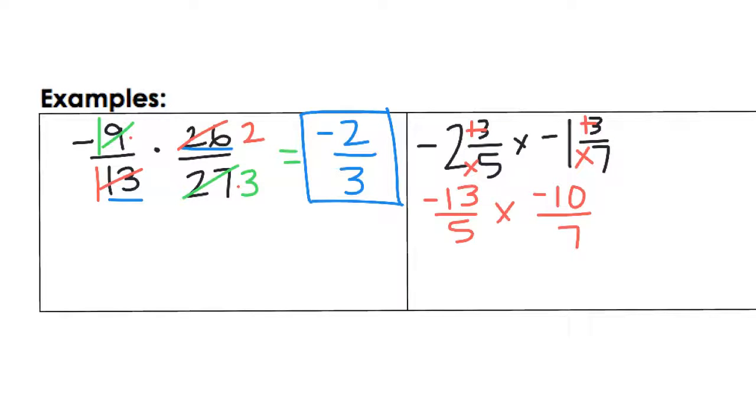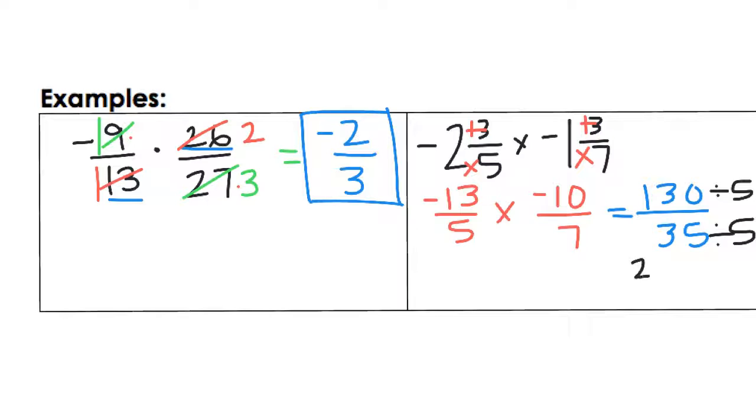Then I multiply straight across the top and straight across the bottom. So negative 13 times negative 10 is going to be a positive 130 because they have the same sign. And then on the bottom, 5 times 7 is 35. Then I need to see if I can simplify, and I notice that I can divide the top and bottom by 5. So I'm going to do 130 divided by 5 and 35 divided by 5, which will give me 26